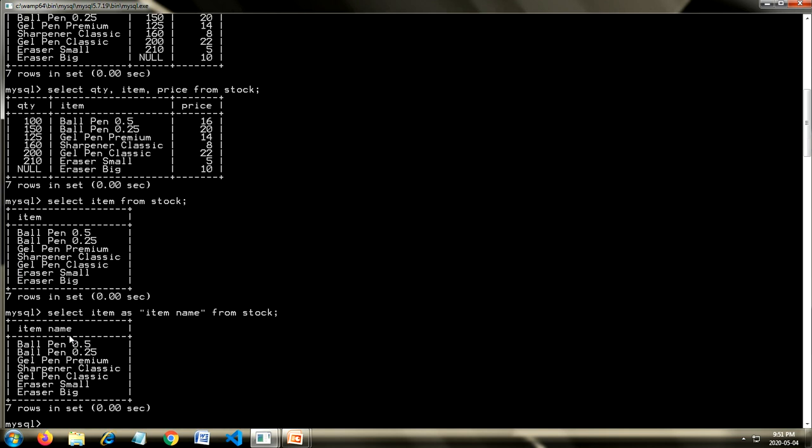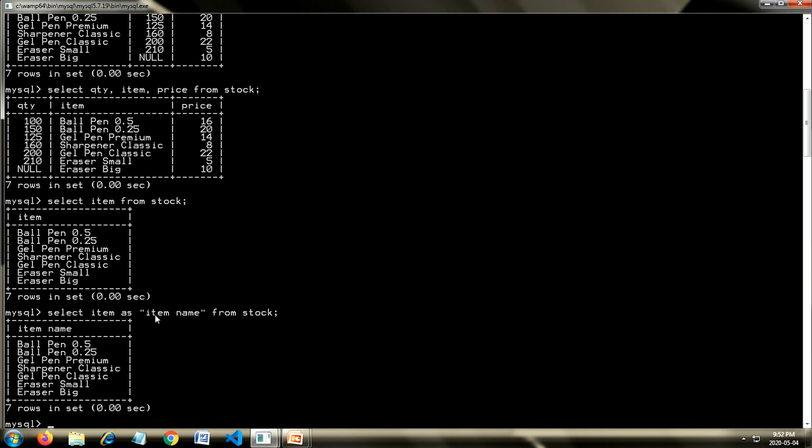Now you can see at the top, when it displays the records, the heading will be item name. As is just used for the alias name of the column. While displaying the records, it will show you the name given with the as keyword.